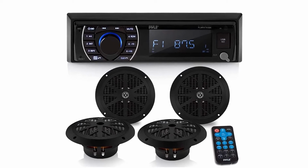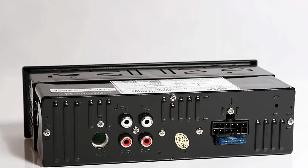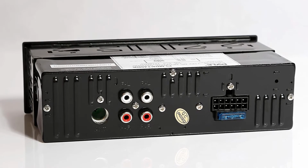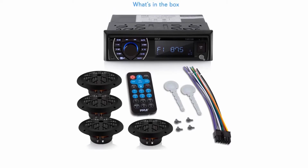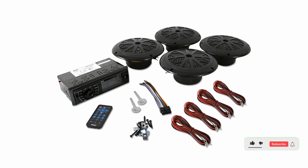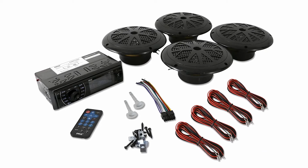anywhere. Pyle's Marine Radio System comes with a 30-station memory, ideal for when you need to keep track of your favorite channels. There's an illuminated front panel for checking channel information, and a Bluetooth connection too. The Bluetooth link means you can easily stream music wirelessly from your device, or answer the phone, thanks to a built-in microphone. An excellent all-in-one solution for the modern sailing enthusiast, the Pyle Marine Head Unit Kit is a fantastic